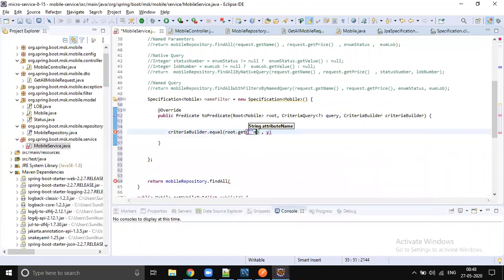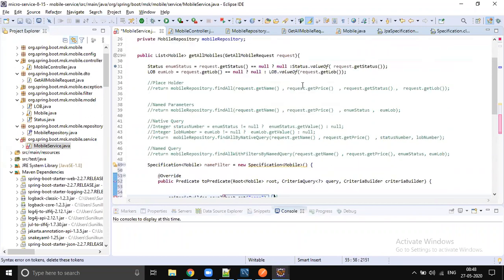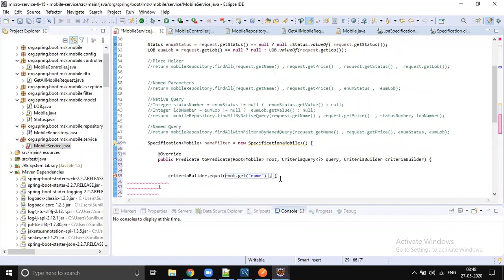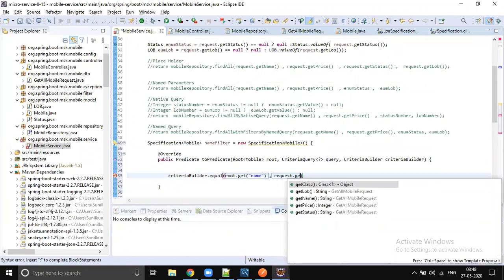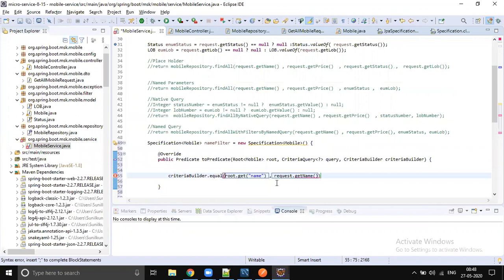So the database name column should be matching with request dot get name, right? So database name should match with request name. So that is what we are applying here, right? Criteria builder dot equal,